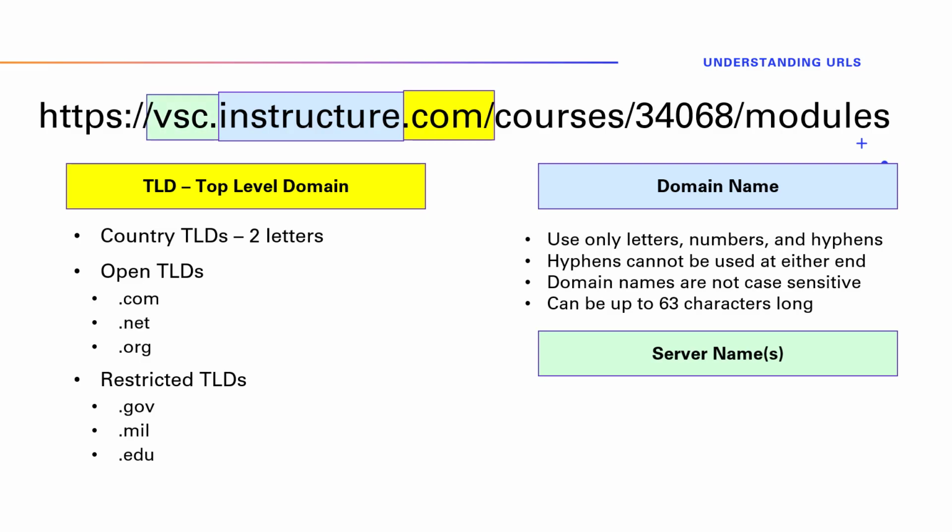If there's more than one dot between the colon-slash-slash and the first slash after that to the right, then those are the names of servers. We see these all the time with our college. Our Canvas courses are published on the Vermont State Colleges' VSC server on Instructure, as we can see in this URL. The website for CCV doesn't have any server names before it, but if you type www.ccv.edu, it will direct